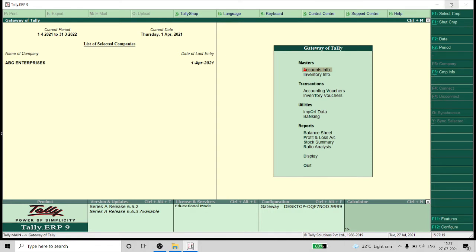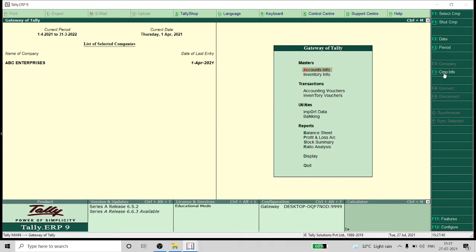Here, to select a company, what is the function key? It is F1. And it is Alt F1 to shut a company. So these are the shortcut keys you can use to create a company or to shut a company. Now we want to create a company.